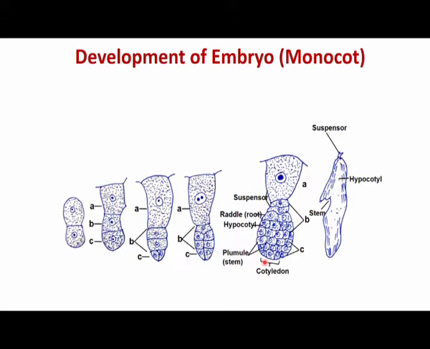So, this is all about the development of the embryo sac, the development of the endosperm, as well as the development of the embryo within the angiospermic plant following fertilization. The ovule is going to develop into the seed, and that also has different developmental stages. So, the zygote is going to develop into the embryo and the ovule is going to develop into the seed, and the main purpose of the seed is to protect the embryo and also to provide nutrition.